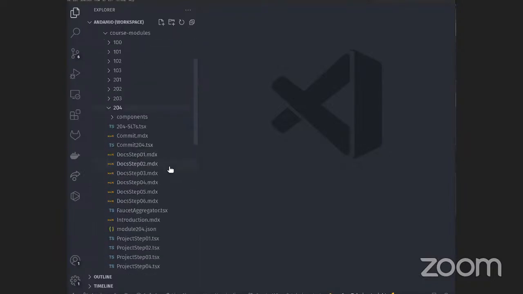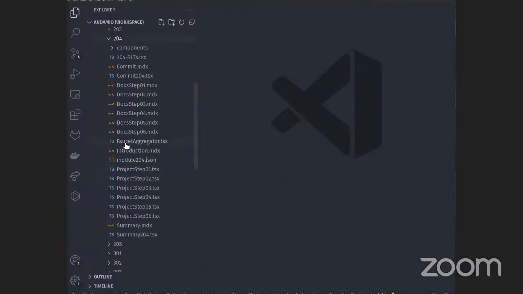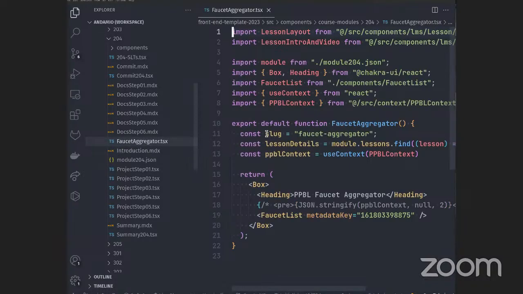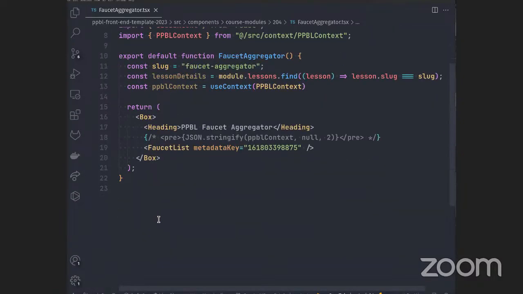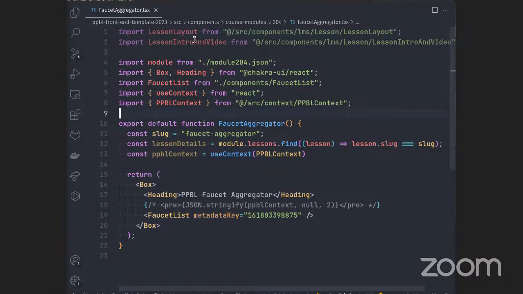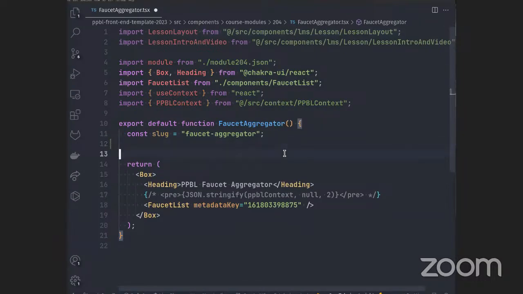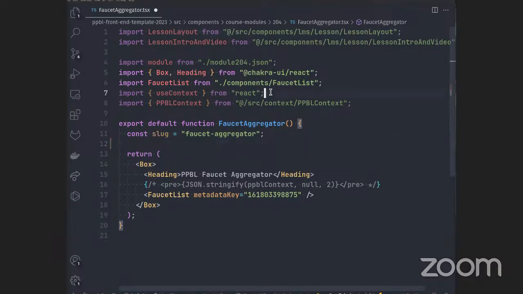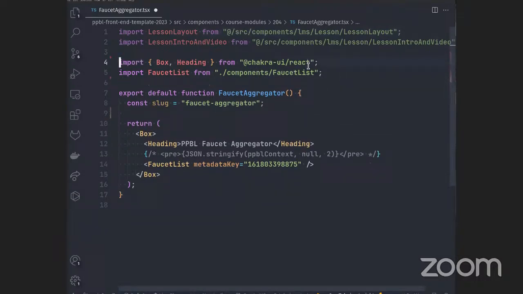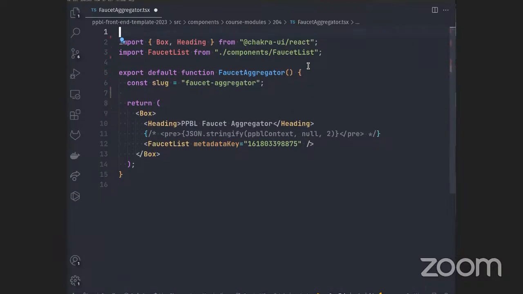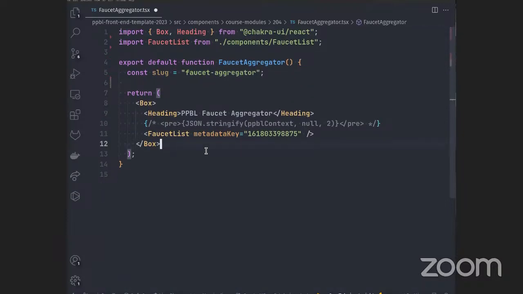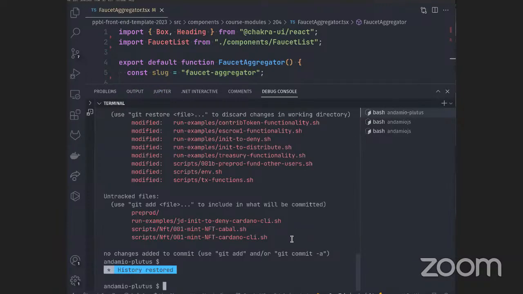But here in module 204, here's this faucet aggregator. Let's definitely open that up because we're going to want to look at it. You see, it's not a very long page, 22 lines of code. Most of it's just imports. And actually, some of this stuff is not even being used right here. I can just get rid of those. Even better. Now let's get rid of this extra stuff here. You can get rid of that and that. Cool. Now it's even fewer lines of code. Great. And let me run this locally just to make sure